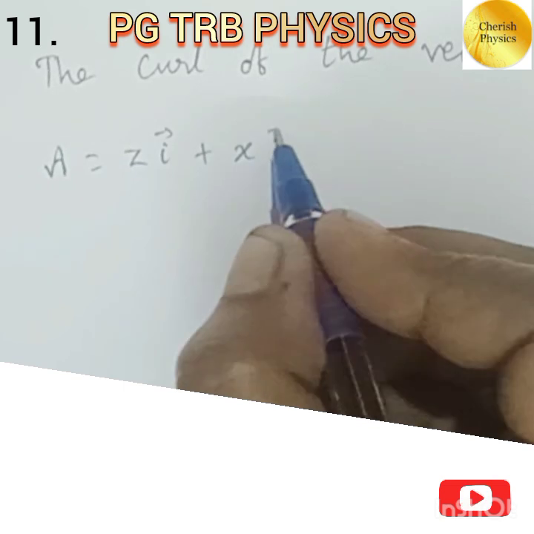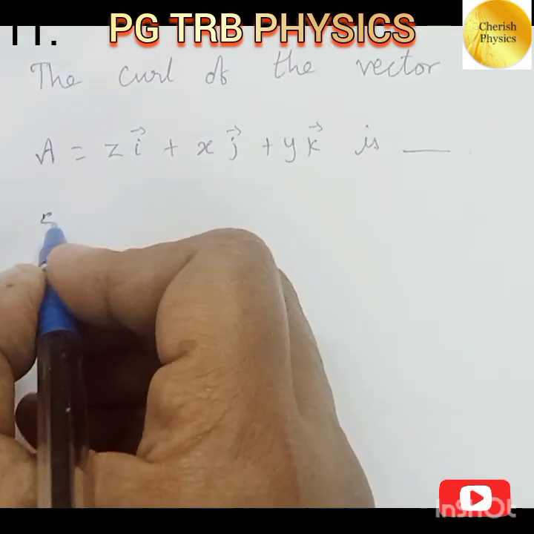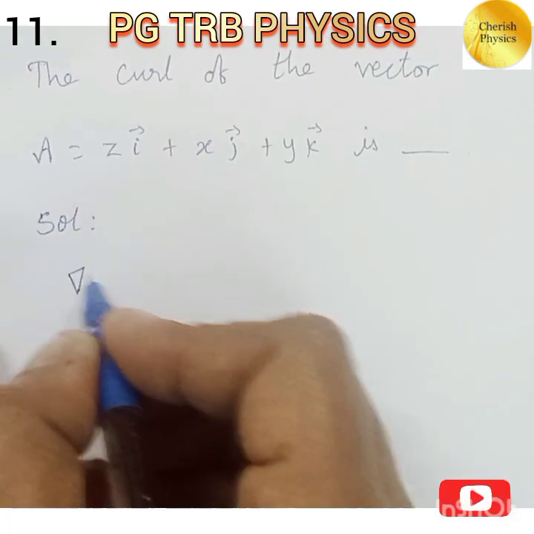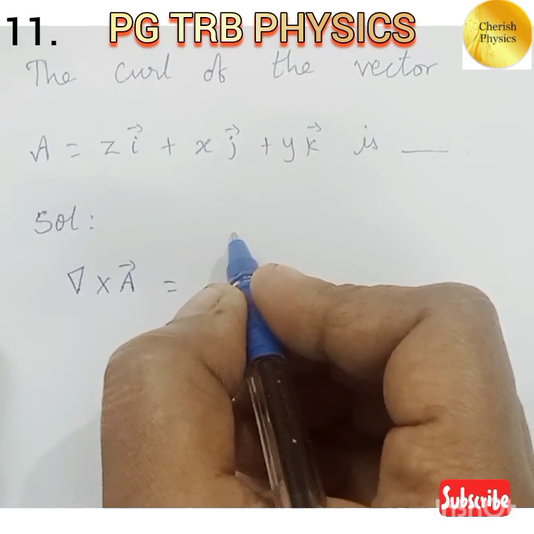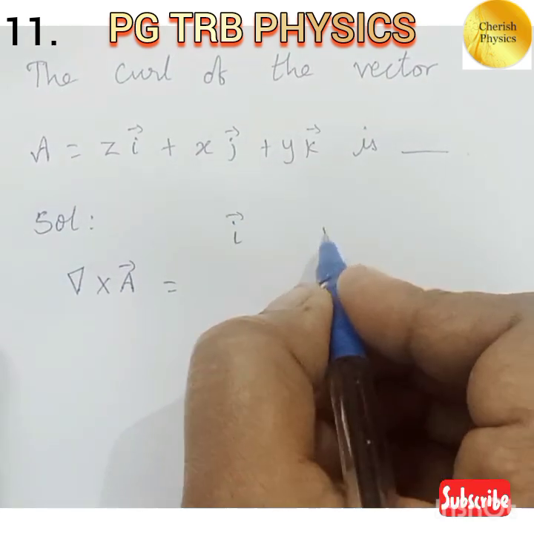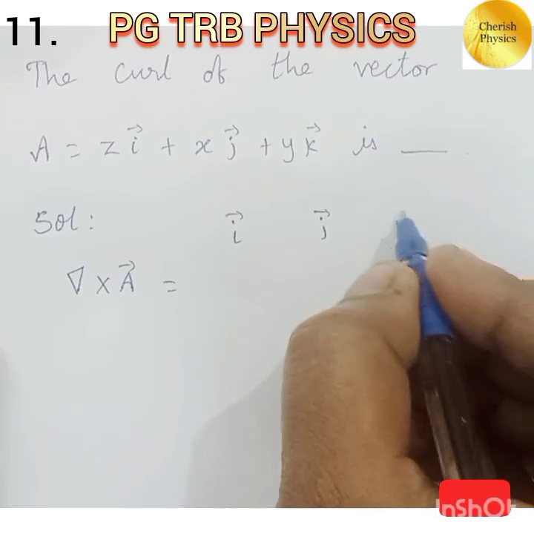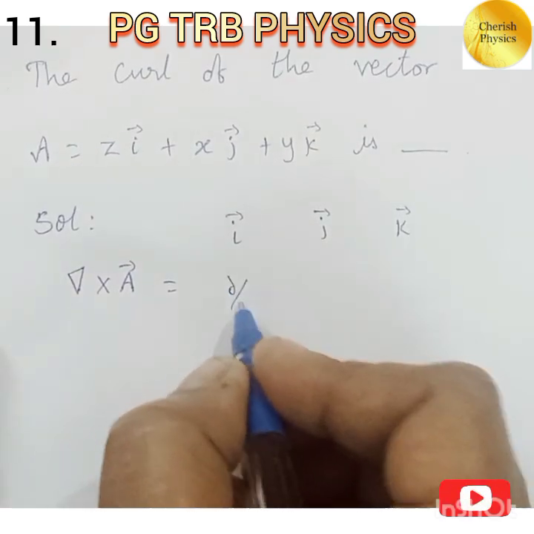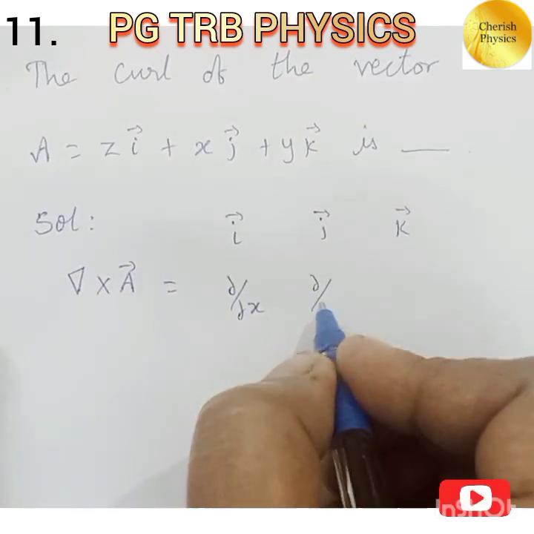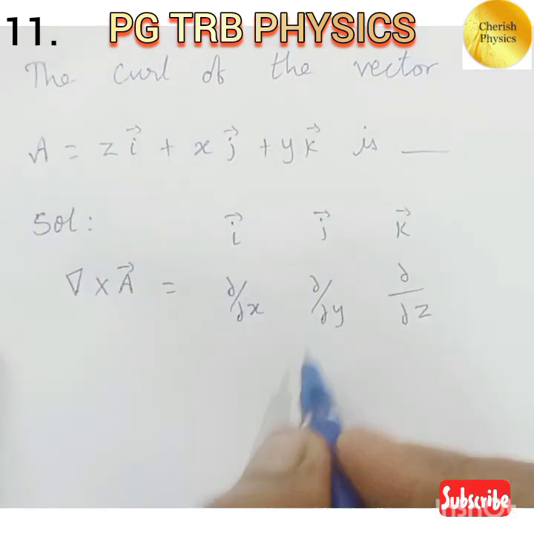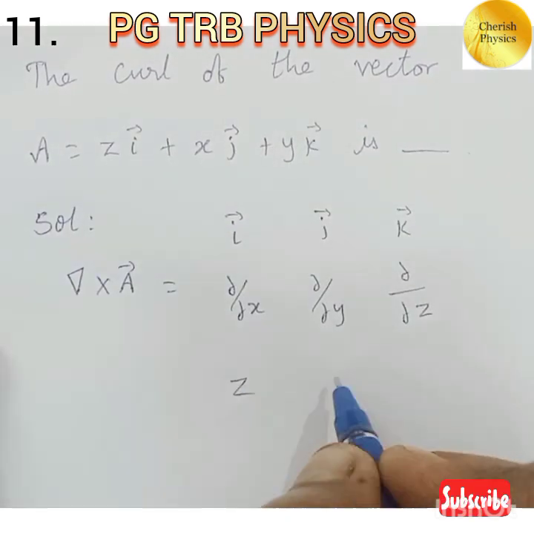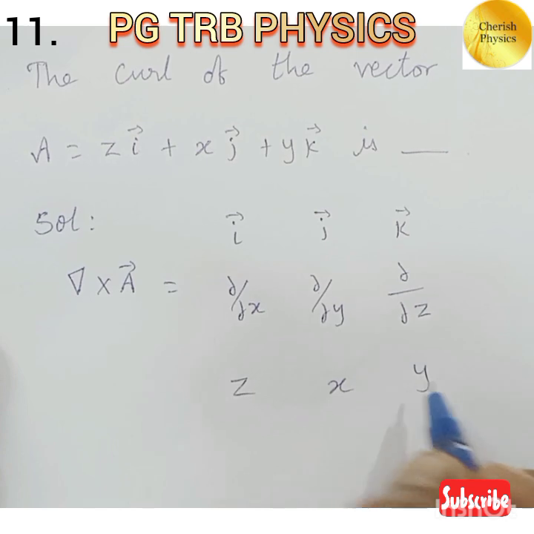Find the curl of the vector A. Solution. Curl of a vector is written as del cross A, which is in the matrix form. The first row is unit vectors i, j, k, and the second row is derivative operators dou by dou x, dou by dou y, and dou by dou z. In the third row, we have to write the components of i, j, k, that is z, x, and y,